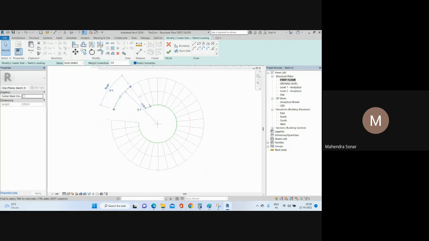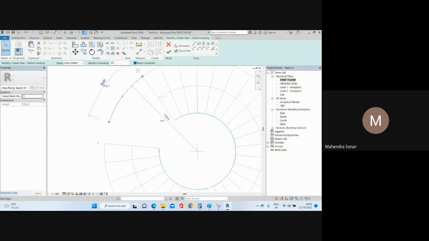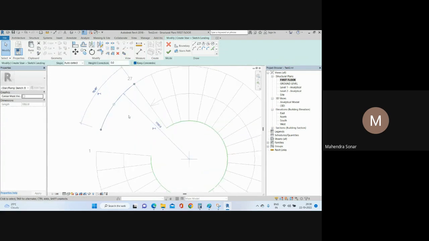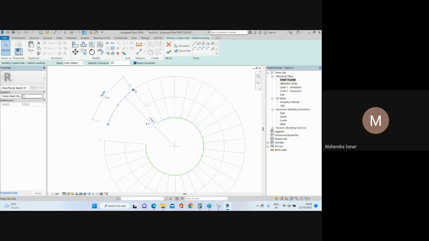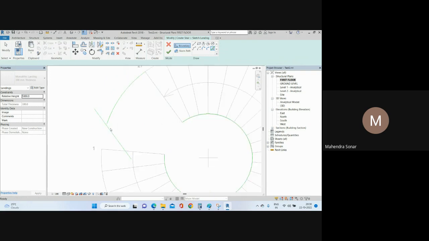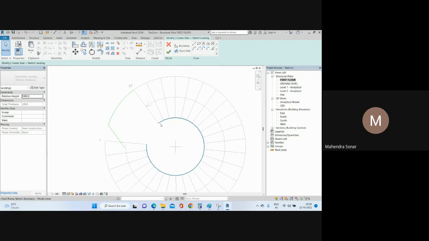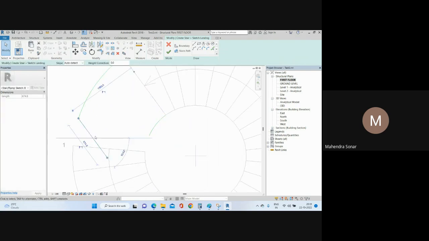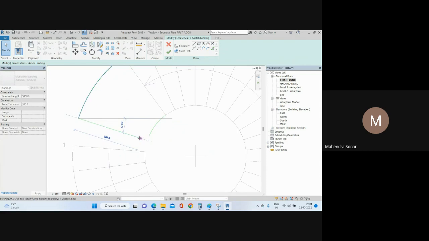So up to here you need to give the dimension here, and just modify this shape up to here, right? So if you see, this is the angle here, but you can give the distance from here to here. So I will use this option. I want to add this landing just 1 meter from this point, like that. Okay, so just trim this like that, and you need to add this point and up to this point. Okay, and you can just give up to here,